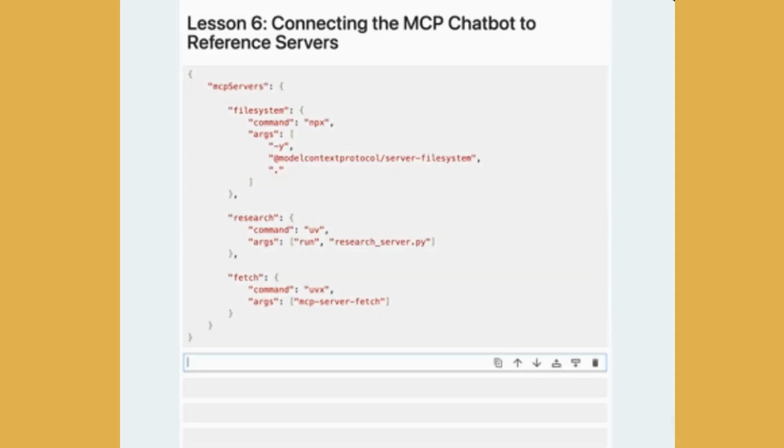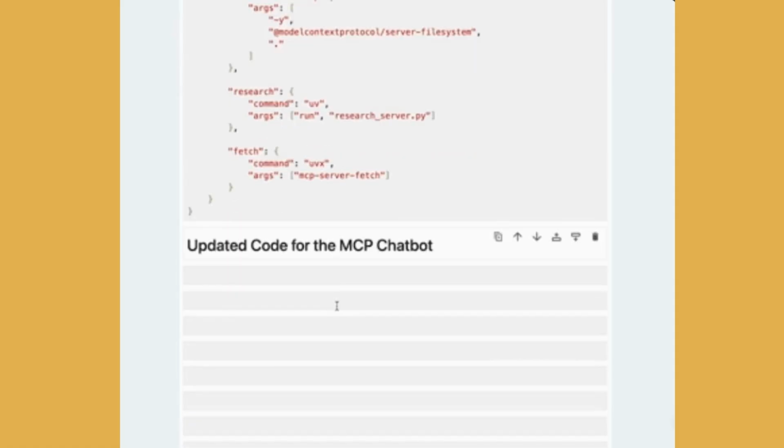Now let's go ahead and take a look at the code necessary for our MCP chatbot to not only connect to multiple servers with multiple clients, but also correctly read the JSON file for the server configuration necessary. Let's go ahead and see what we need to update our MCP chatbot to